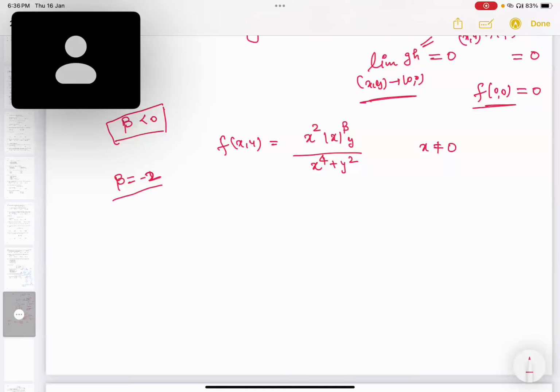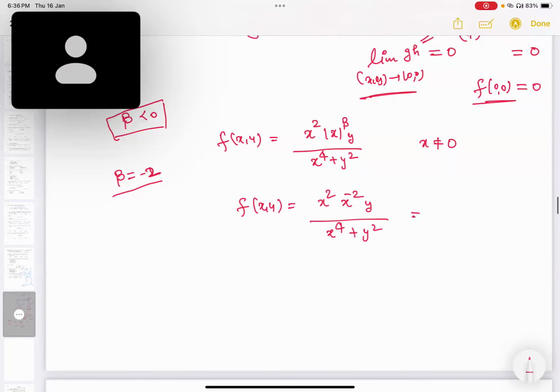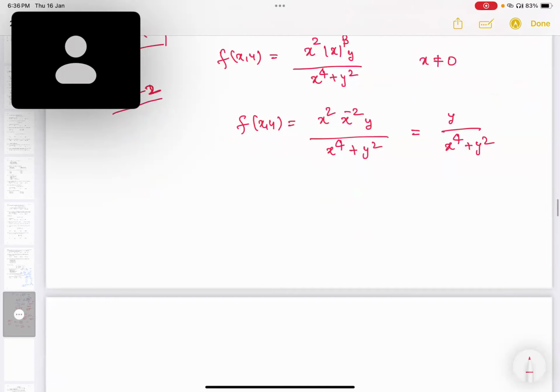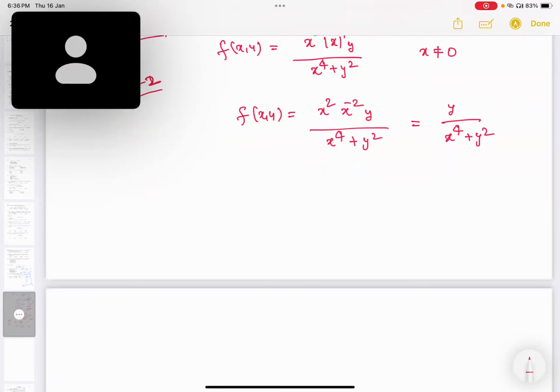So for beta equals -2, the function will be x to the power -2, y upon x to the power 4 plus y square, which is y upon x to the power 4 plus y square. Now, if you take the path y equals x square,